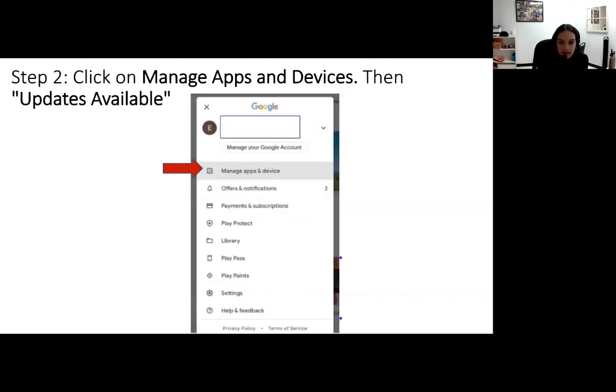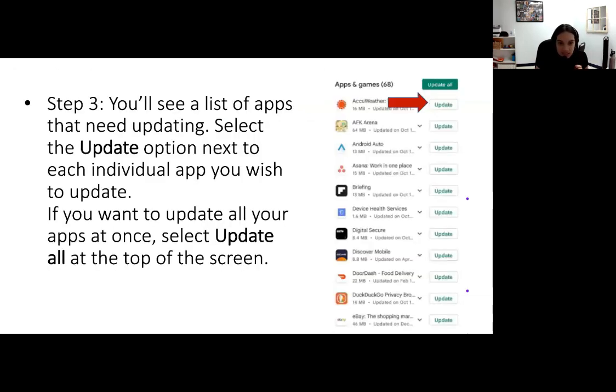Once we tap on that, we will get a menu screen of different options. And we are going to tap on where it says Manage Apps and Devices. And once we tap on Manage Apps and Devices, there is going to be a screen that says Updates Available, or it will say Updated Recently, and it'll have a number next to it. And when we tap on that, we can see a list of all the apps that may need to be